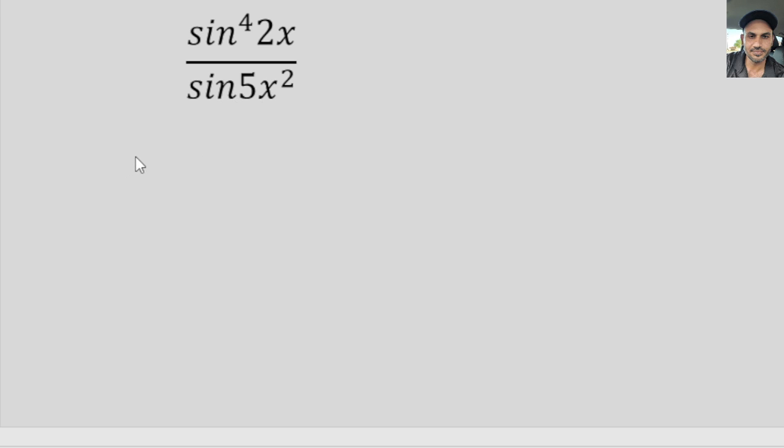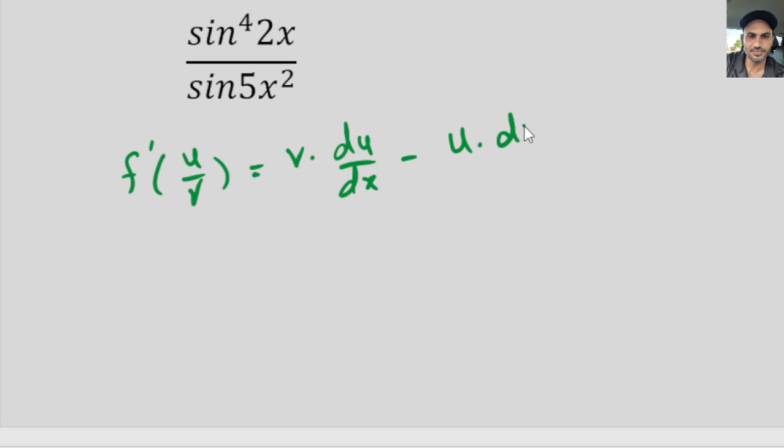In the quotient rule, the derivative of the quotient of two functions u over v equals v times du over dx minus u times dv over dx, divided by v squared. So this is the quotient rule that we can apply here to this function. I'm going to go ahead and write it down. So we get